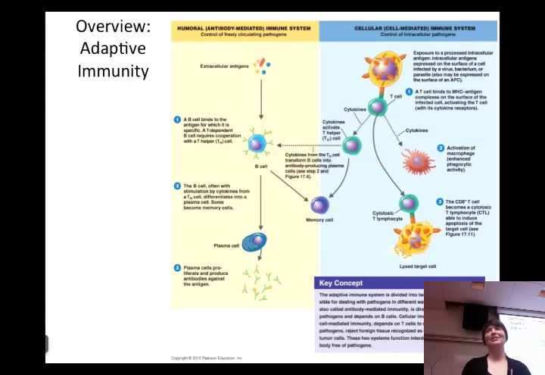Okay, now we know everything we need to know about the adaptive immune system. Give yourselves a hand. Very nice. Okay, so